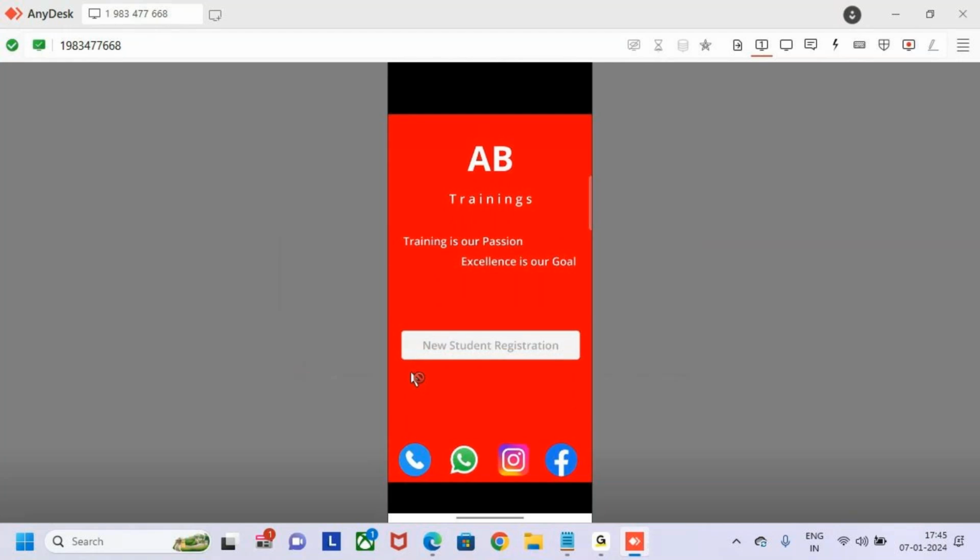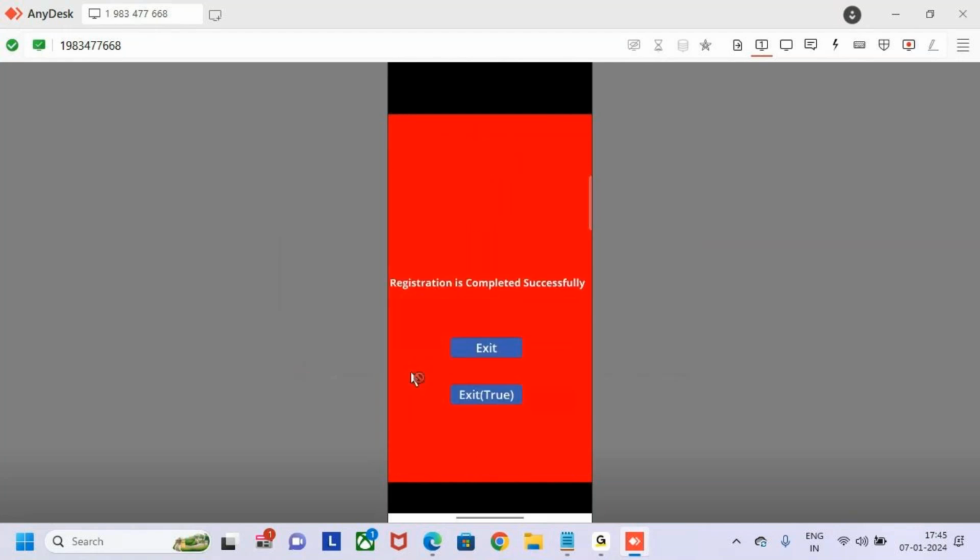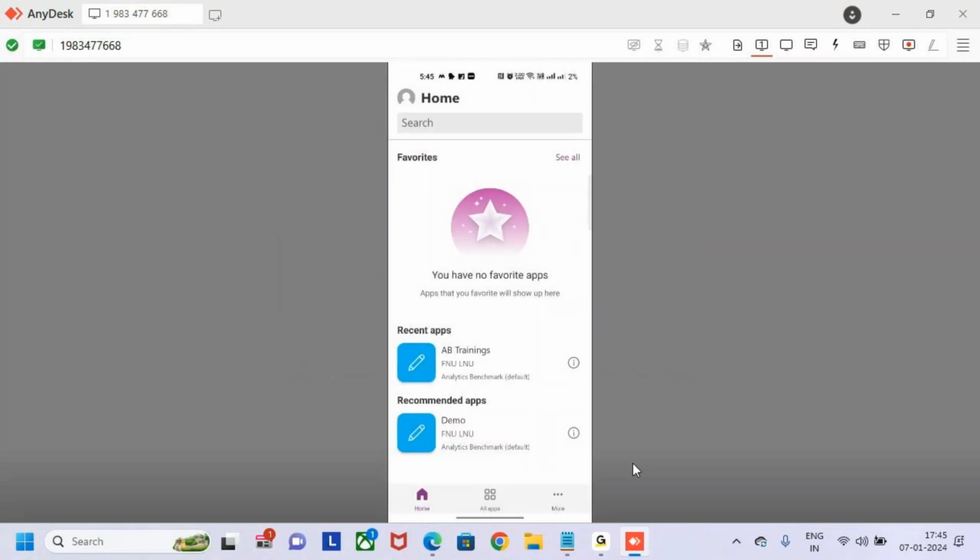Get started. Let me go and click on the submit. Now see, when I click on the exit true, now I'm going to click on the exit true. Now when I click on the exit true, now it is going to exit the app and also sign out. It is used to sign out. Now see, when I click on it,